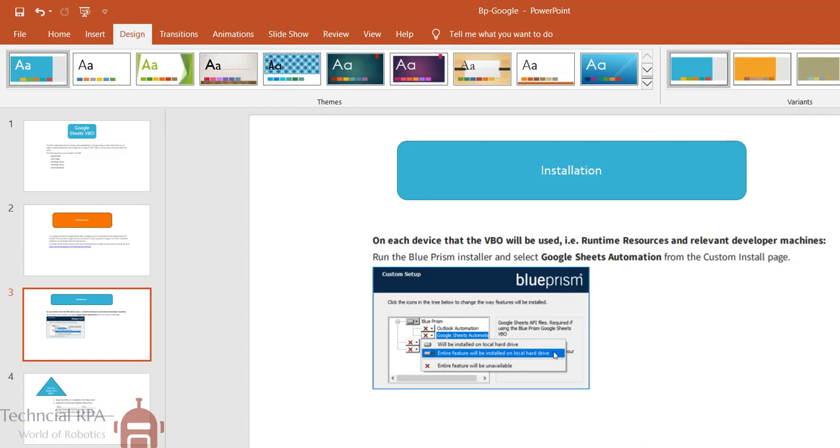Here you can see in the Blue Prism custom setup, you should select Google Sheet Automation, and you have to select that the entire feature will be installed on the local hard drive. You have to select these two options before starting your API integration. In the Blue Prism runtime resource, Google Sheet Automation should be selected in your custom setup page. This is one of the prerequisites.